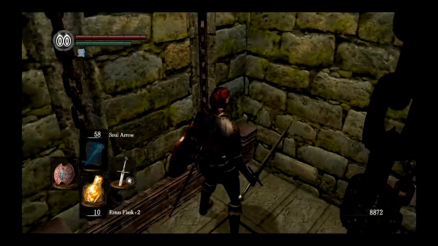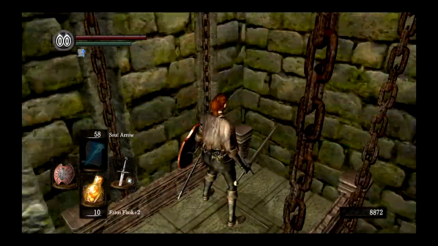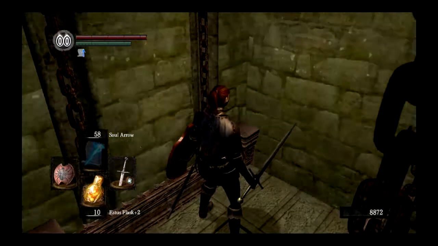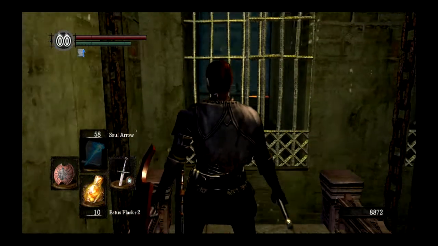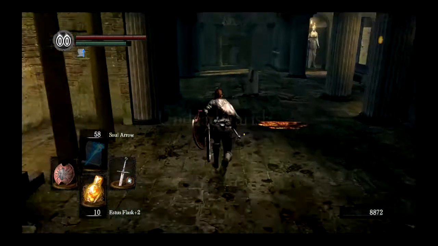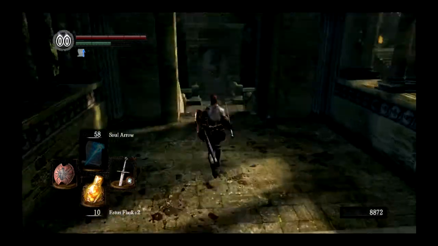Now, one of the reasons I want to take out the butterfly is because that should give us enough souls to be able to buy the Crest of Artorias, which will give us the key to get into the garden. And, you know what? Yeah, let's just do that. Let's go take out the butterfly, get the souls, buy the key, and then try and make our way to